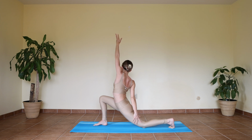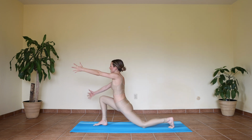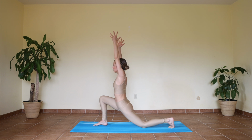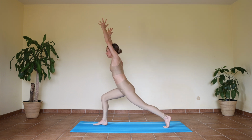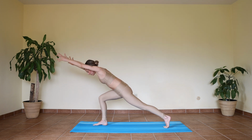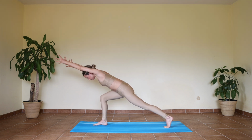All these twists and lefts and rights can get confusing, but you all know where we are going. And start to release. And inhale, we'll draw you back through center. Lift up through the back knee. Exhale, hinge it forward. Power lunge. Draw the navel in towards the spine. Really reach forward with the